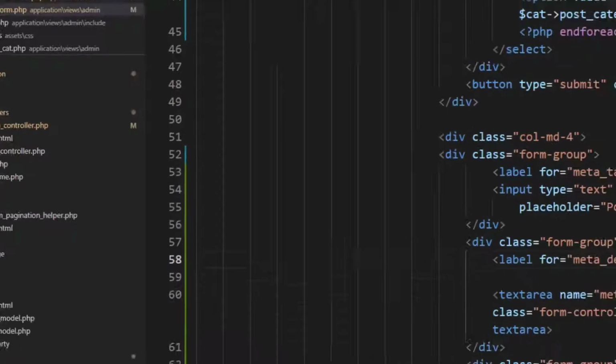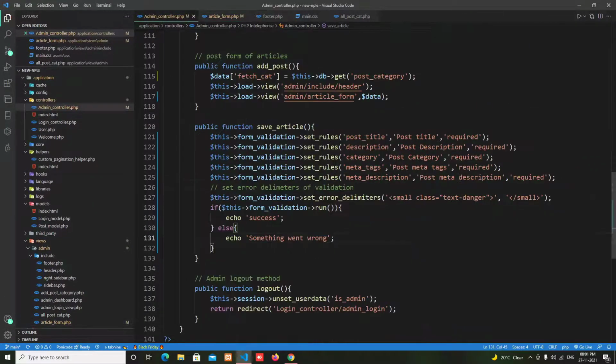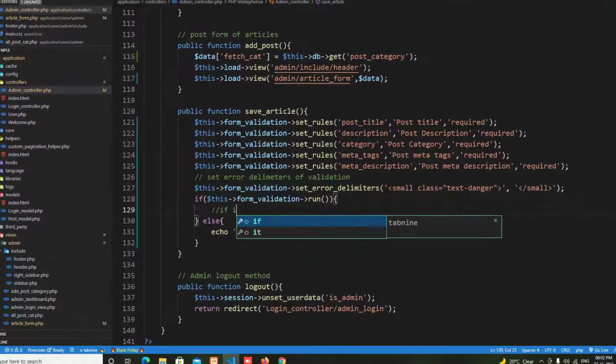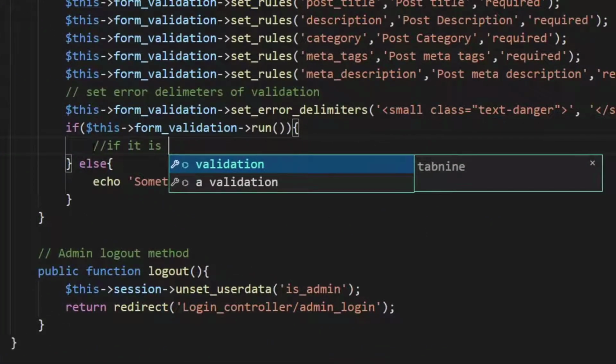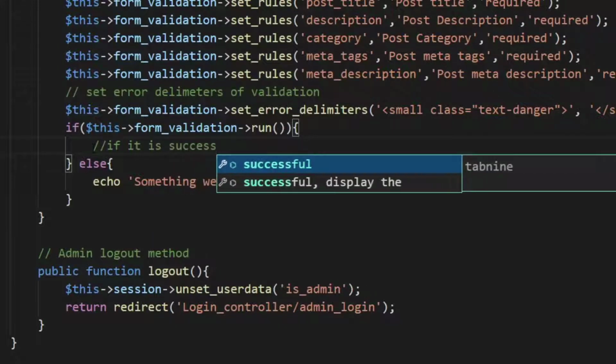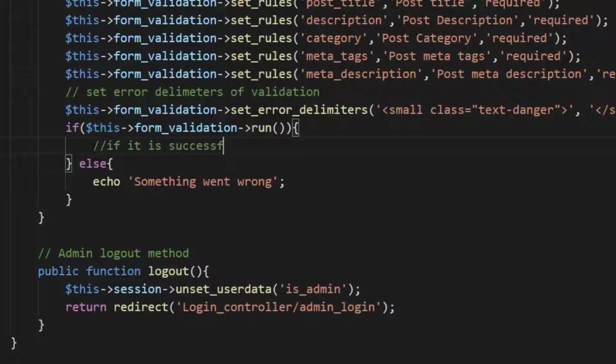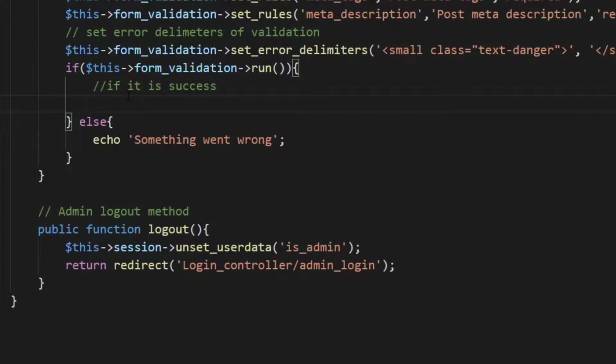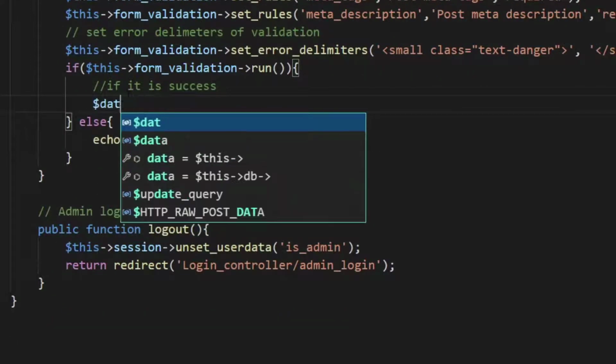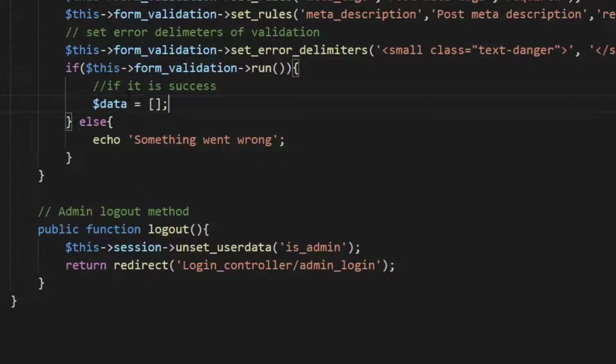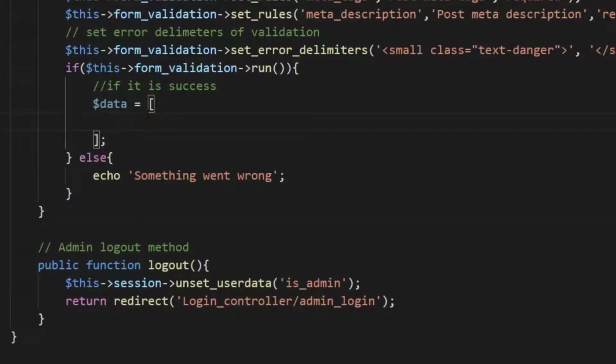Now come back to my admin controller. Now let's work on the success field. I write a comment: if it is success. Now take a data variable, and I take an array field. It's an array,